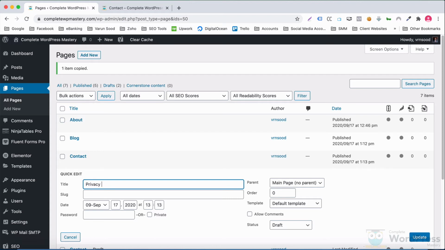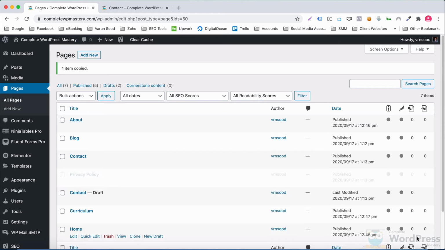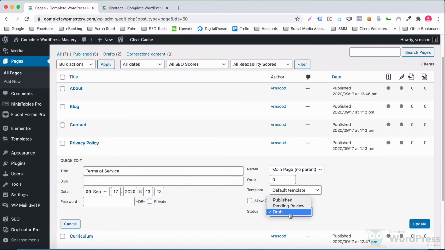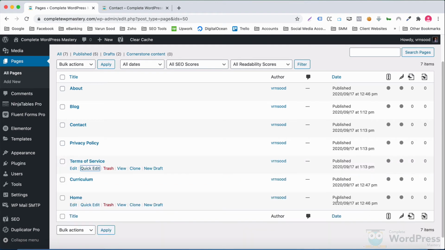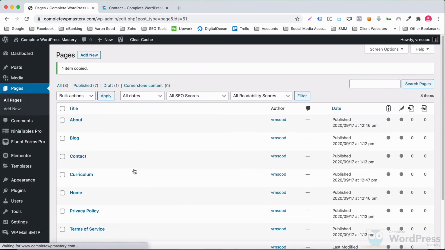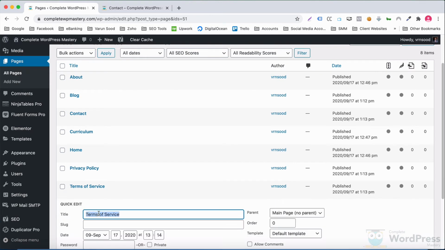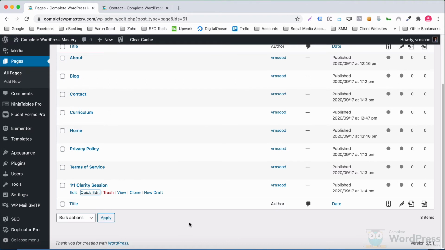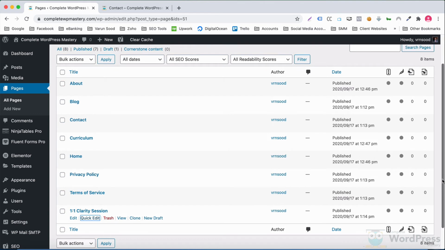Privacy policy, terms of service, and one-to-one clarity session. I think we have all the pages we want. We can always come back and add more pages later on when needed.